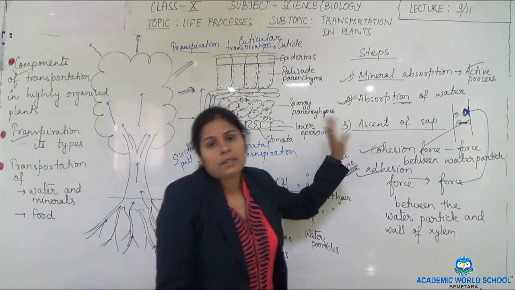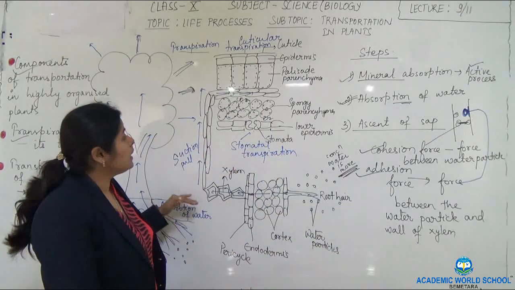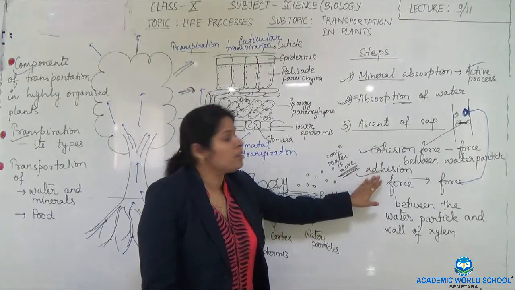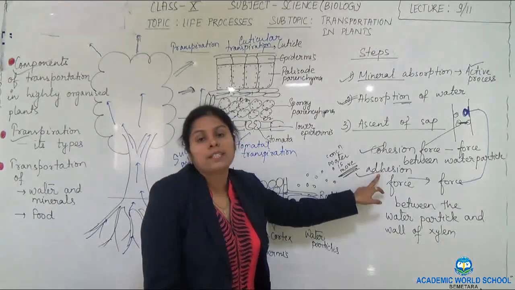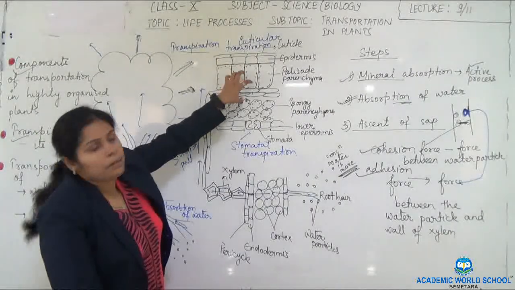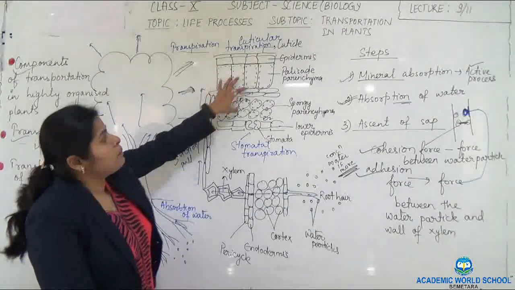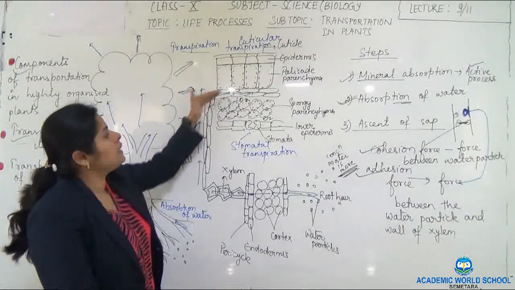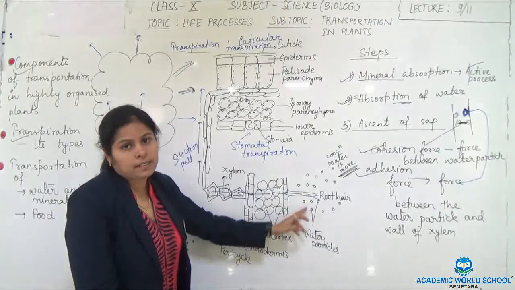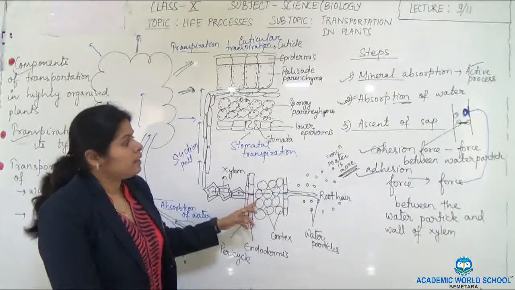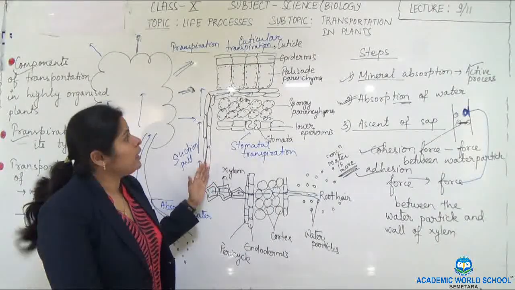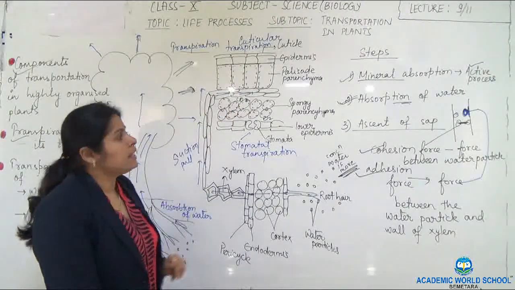In the last one, in tall plants, there is transpiration pull, also called the cohesion adhesion theory or transpiration pull theory. When water is lost due to transpiration, there will be a deficiency over here. To compensate for the deficiency, water from the adjacent cells will move to supply it, and continuously, because osmosis is taking place, it will supply water. Here a negative pressure will be created in transpiration pull theory, and the water will be supplied to various parts.